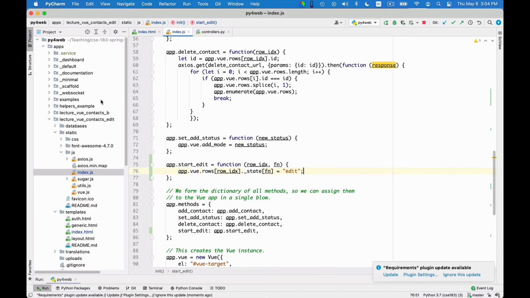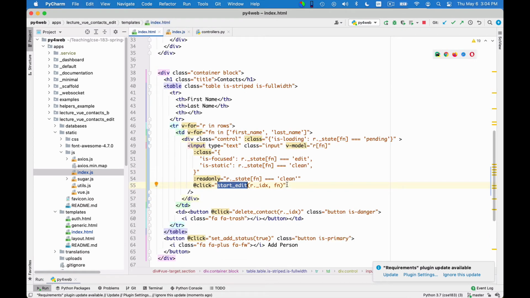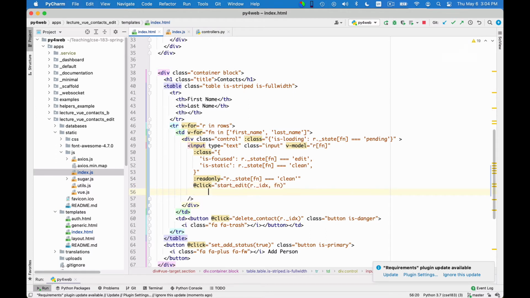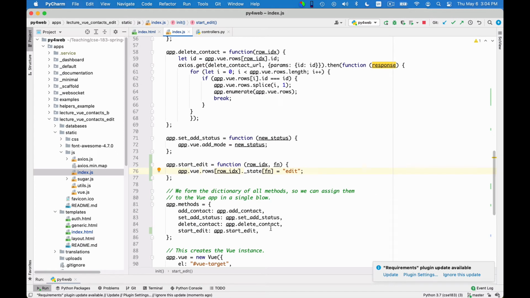And so what I want to say here in index.html, so this is a behavior for clicking, and I want to add, and I love how I fight the indentation, but I want to add a blur event that says, in response to the blur event I do stop edit of row index, function. Okay, so this is great, and we already know what we need to do now. We need to go here and add the stop edit.